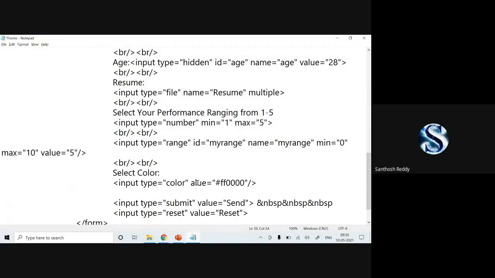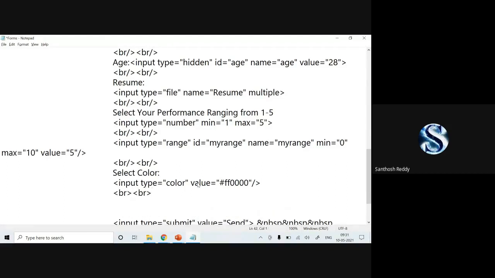Next, we are going to make use of date and time controls. I'm going to use BR tags, and I'll specify the date and time controls.